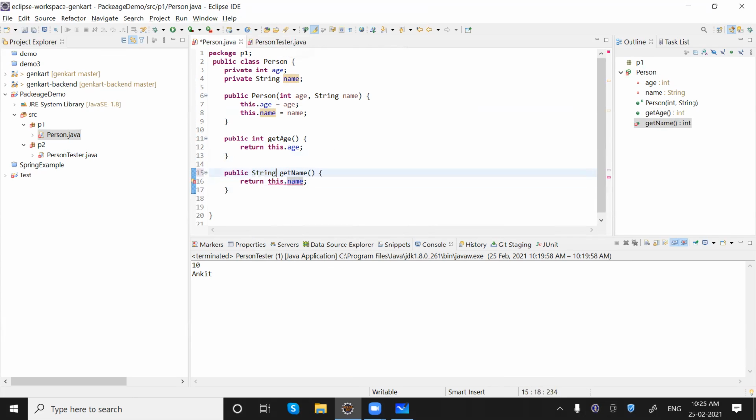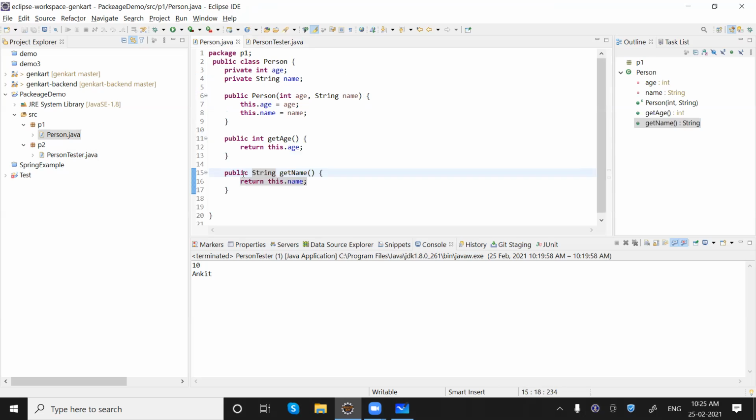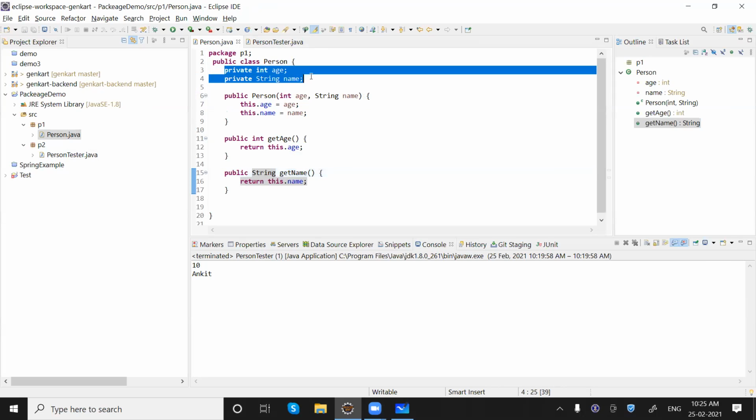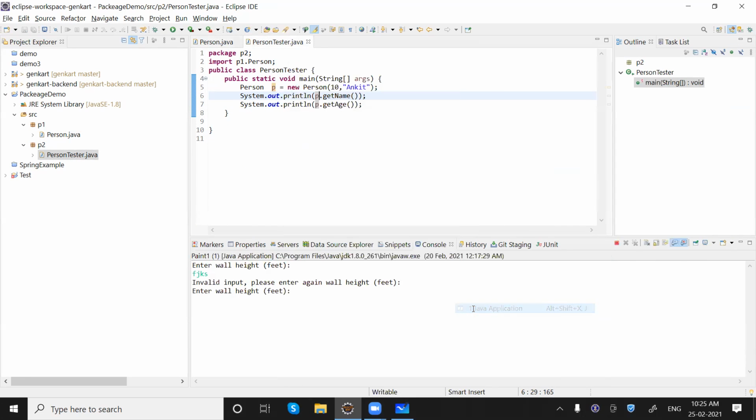It would be a String here. Instead of accessing the fields directly, we'll call getName and getAge. Using these getter methods, we are able to access private members, but these members are not directly accessible. Make sense?